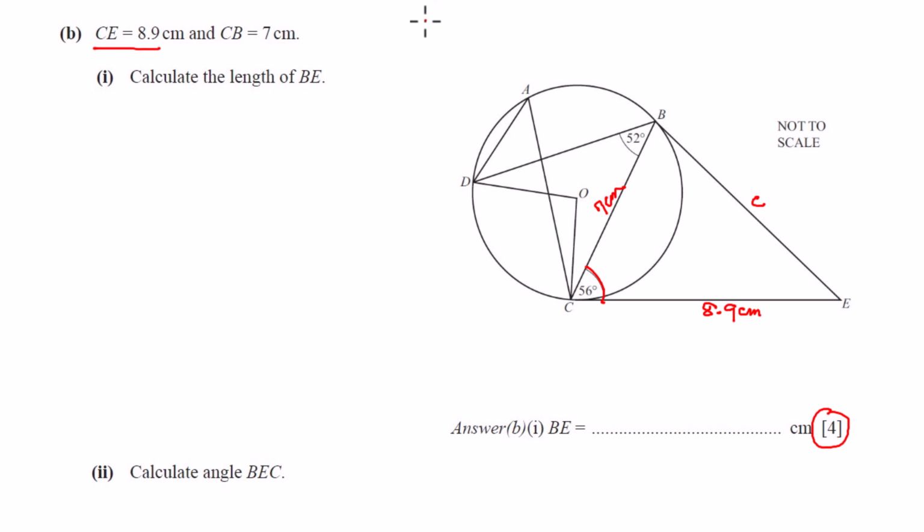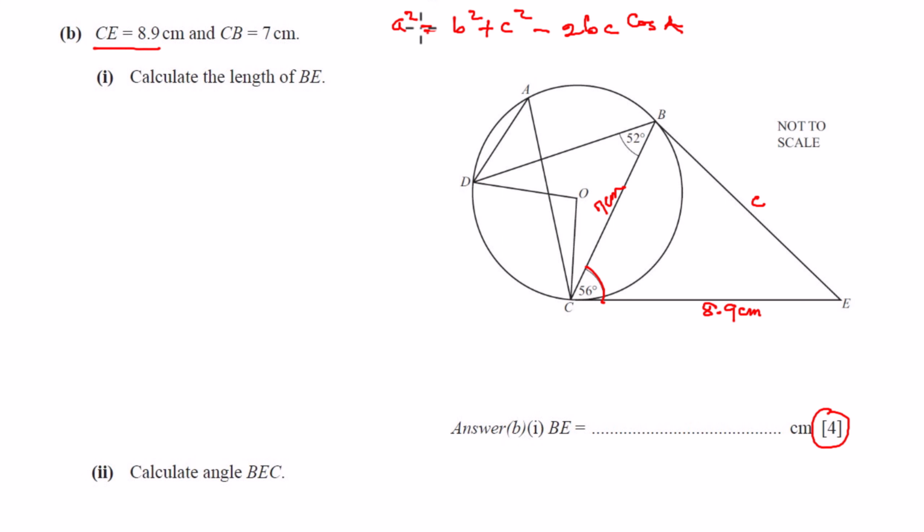The formula for the cosine rule says a squared is equal to b squared plus c squared minus 2bc cos A. And since we are looking for this small letter c,